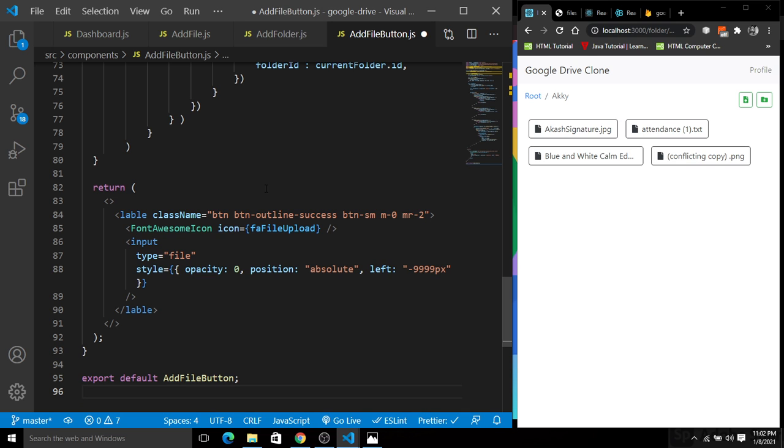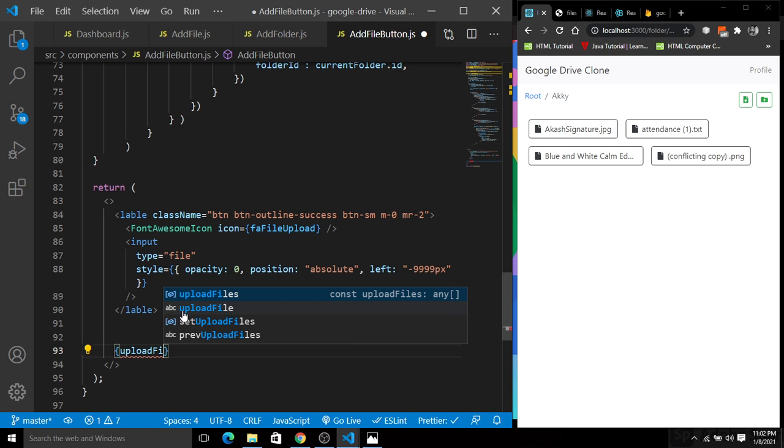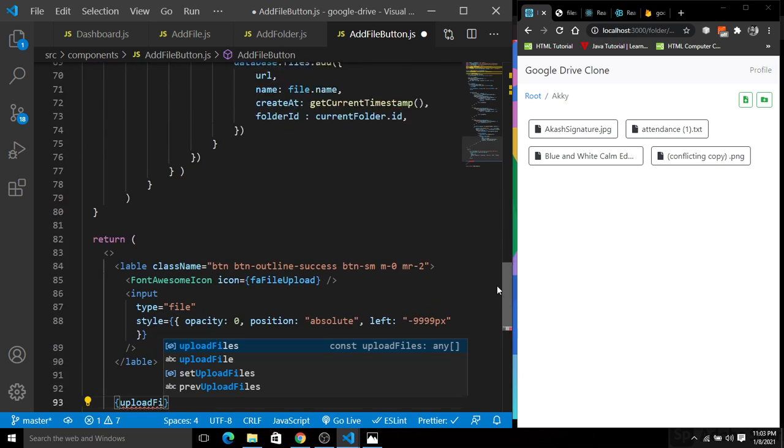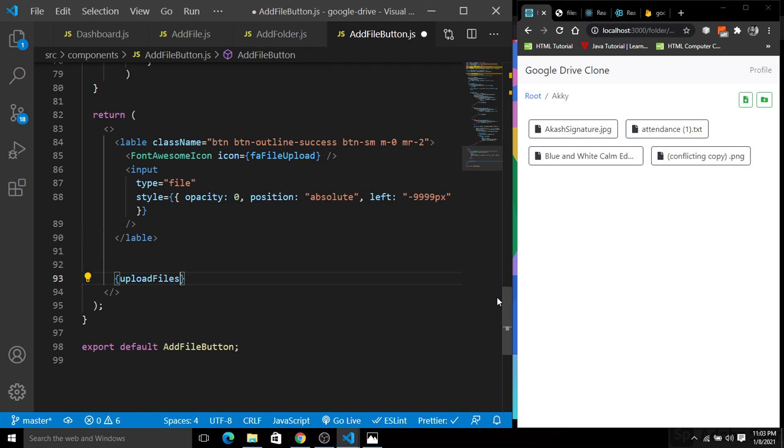So we will have to take care of a bunch of files. So basically I am going to do this here. We have this upload files. So basically upload files dot length. So if it is not empty, then